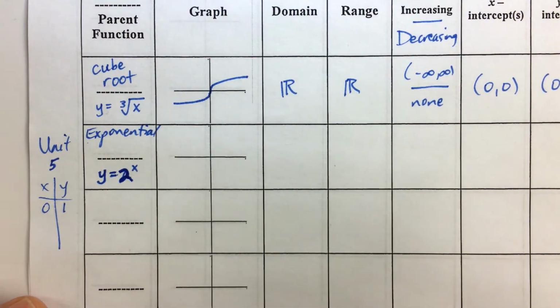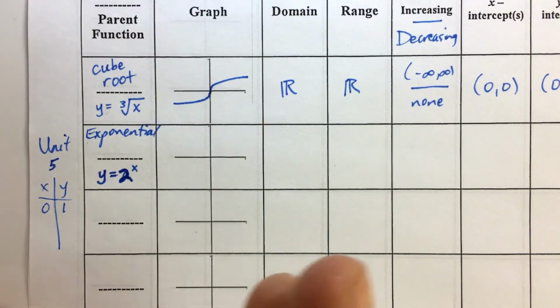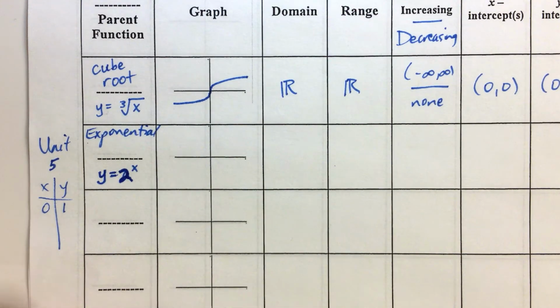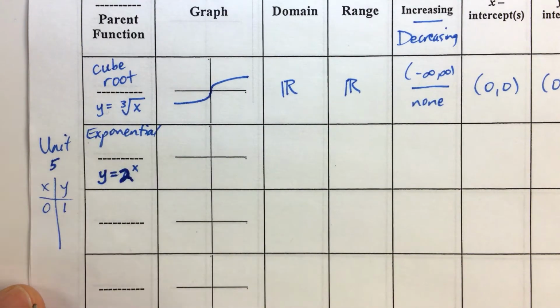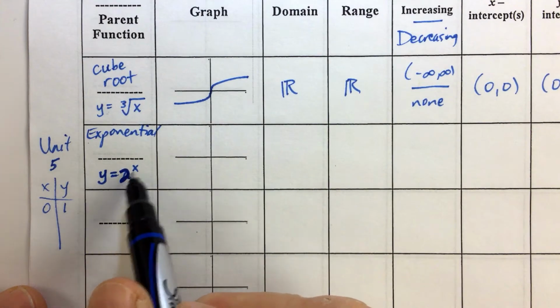So we just finished Unit 4 where we were using properties of exponents, writing expressions in exponent form as well as radical form. And now in Unit 5, we're going to be talking about the exponential function and then later on another parent function. But starting with the exponential parent function, y equals 2 to the x,